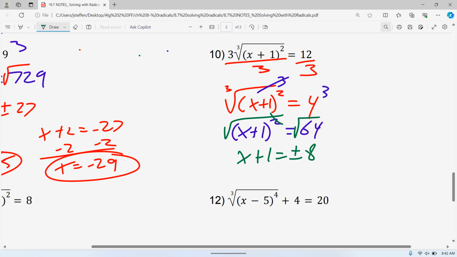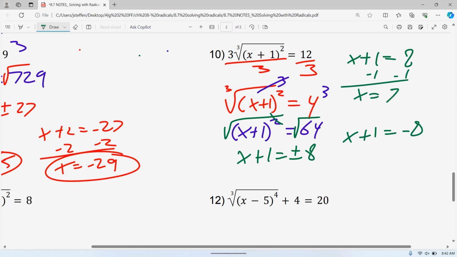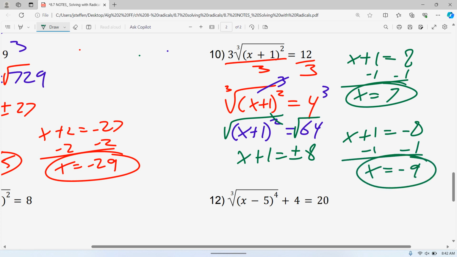So I want to point out a common mistake. We have positive 8s, negative 8s. One of them is positive 7. That's one answer. One of them is negative 9. Again, if you plug either of those,